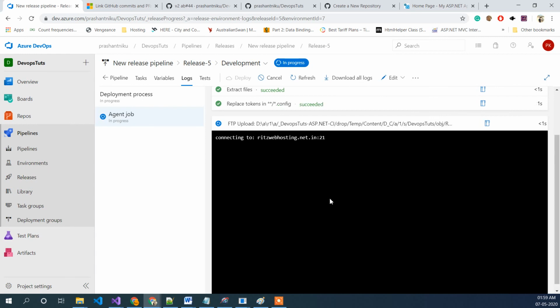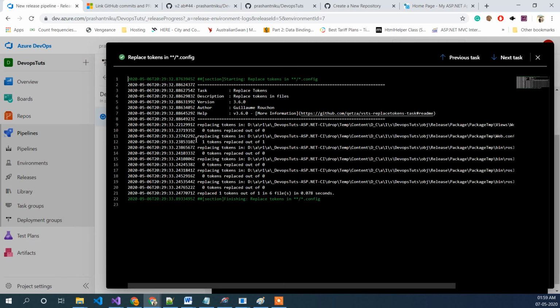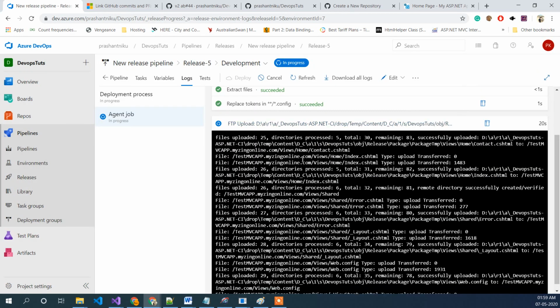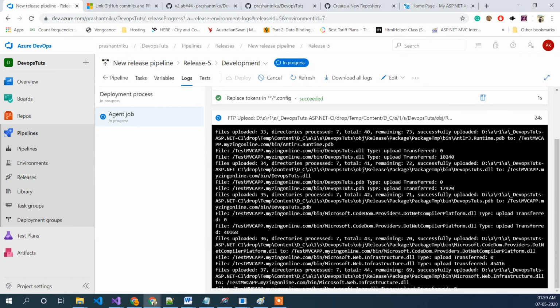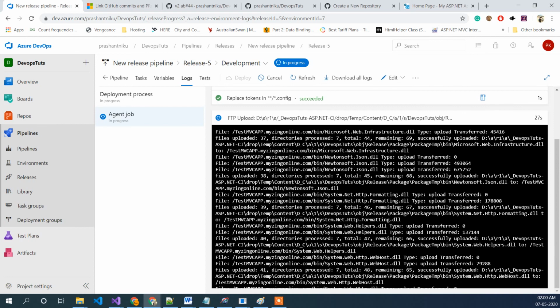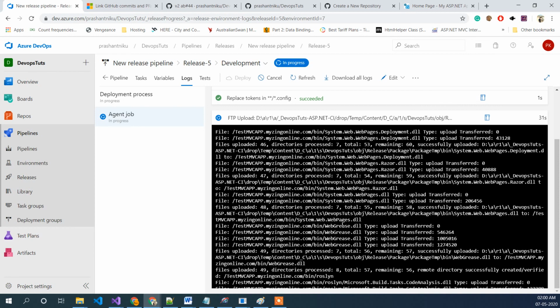One cool thing about this replace token is it will tell you whether the token is replaced or not. As you can see, it's saying that one token replaced. That's a good sign that our logic must have worked. Let's wait for it, and I will try to fetch web config from the FTP client and see whether it gets transformed or not.